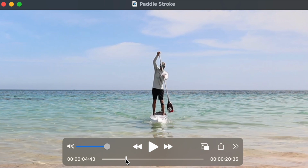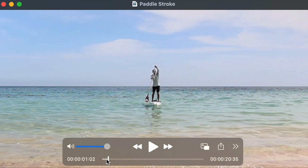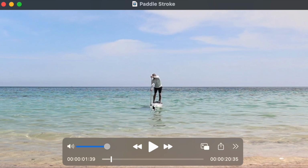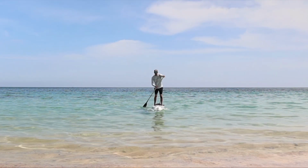Looks pretty good. We'll play it slow motion here. Basically I'm checking to make sure that my paddle blade, after I bury it, is not wobbling back and forth as I'm pulling myself to the paddle blade. I'll move my mouse here. So as I bury it, locked in that shaft, as I go through, yep, looks like the blade is nice